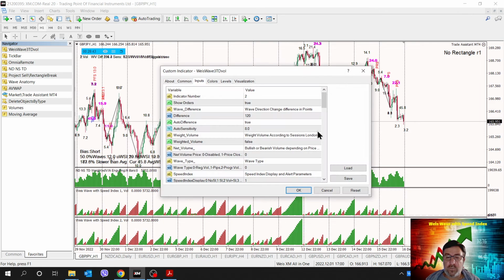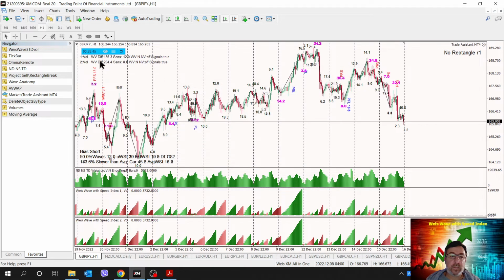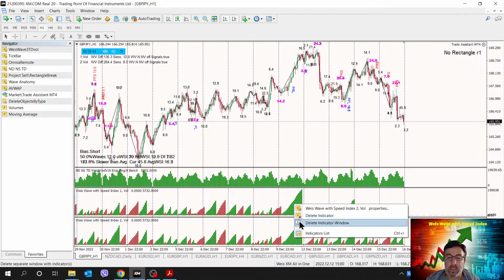Also, I can offset the labeling on the second indicator, shown here, because right now it's one on top of the other. So by entering 70, I will offset the display. Now you see indicator 1, indicator 2, all right? Let me go to the next setting. Let me take it off.